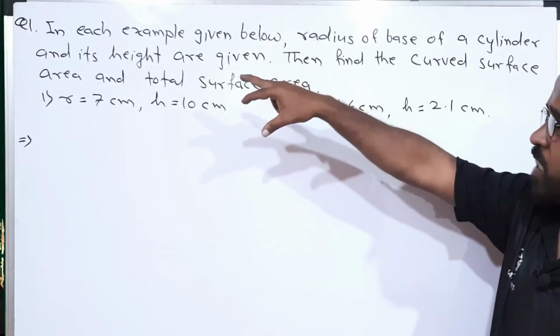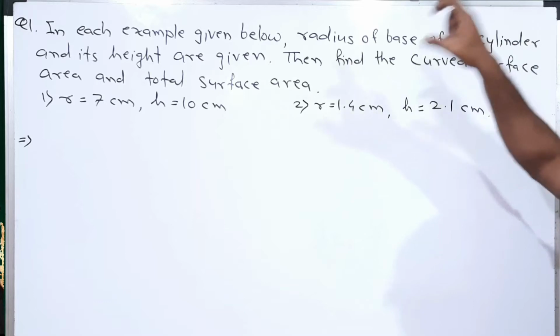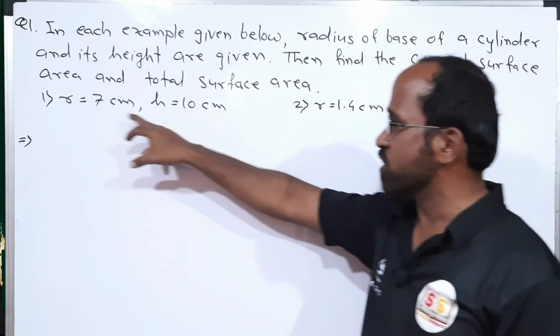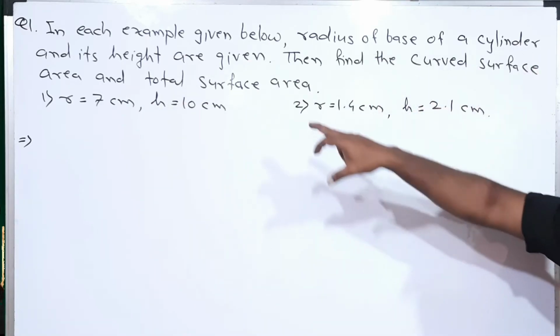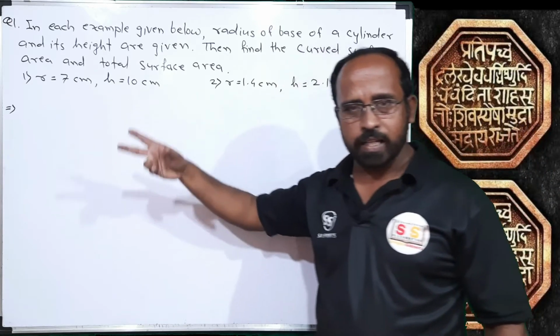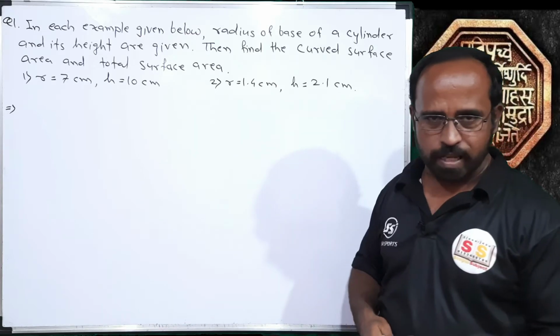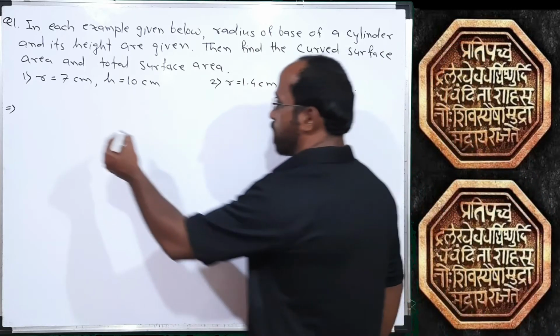First question is, in each example given below, the radius of base of a cylinder and its height are given. Radius r and height h are given. Then find the curved surface area and total surface area. In these examples, r and h are directly given, so no need to write the given part. I am going to write the solution directly. What to find is also given. So for the first question,